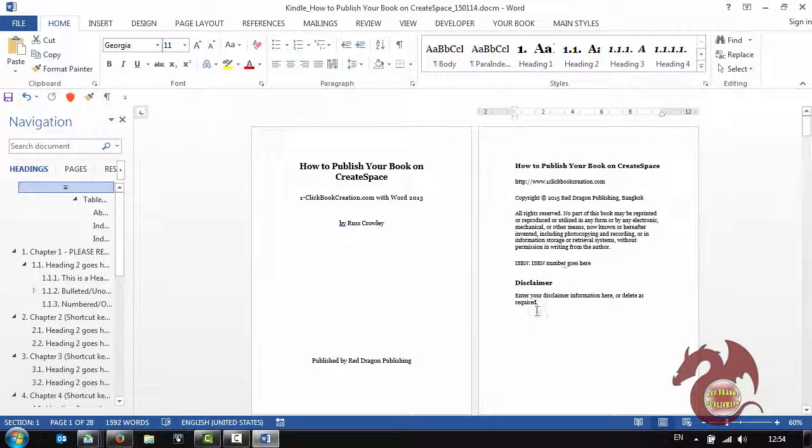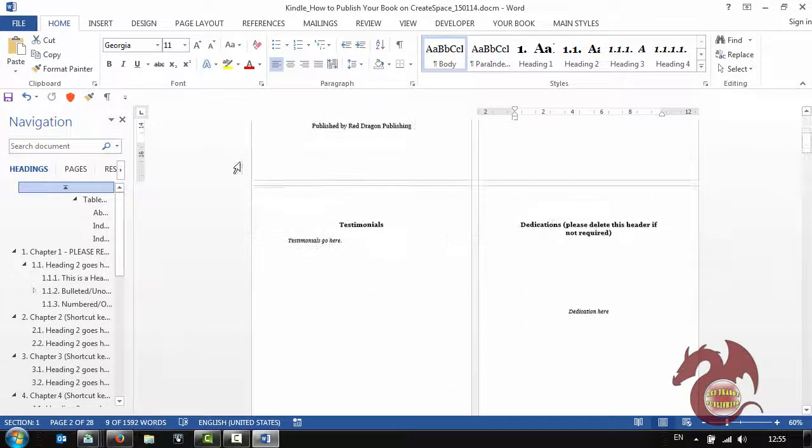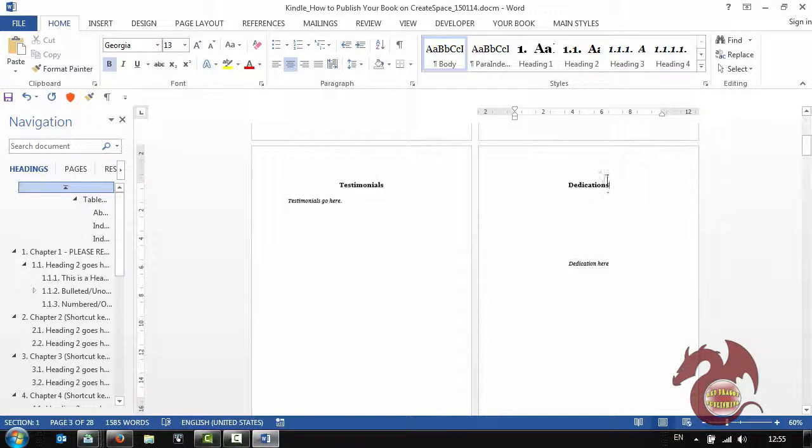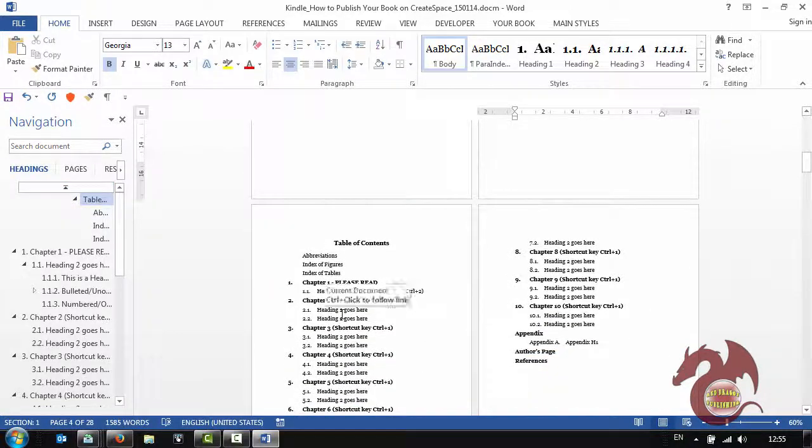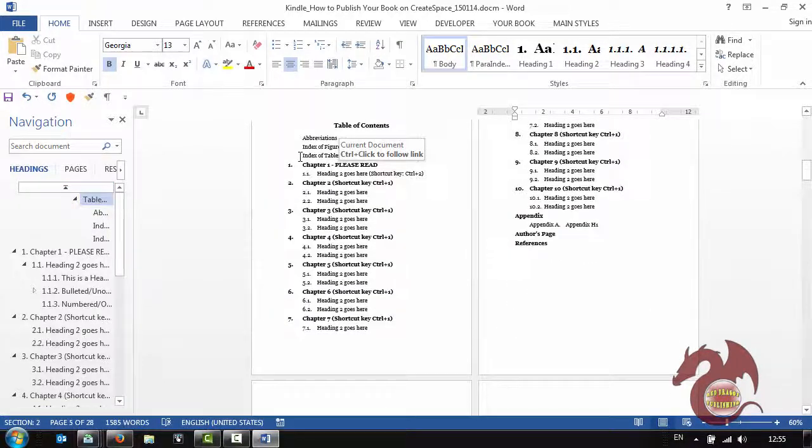This is the copyright page, all populated from the form, and you can enter your custom disclaimer here. Scrolling down, we selected the testimonials and the dedications page, so they're inserted there. I've just deleted that text, and as you can see, as we move down to the table of contents, this